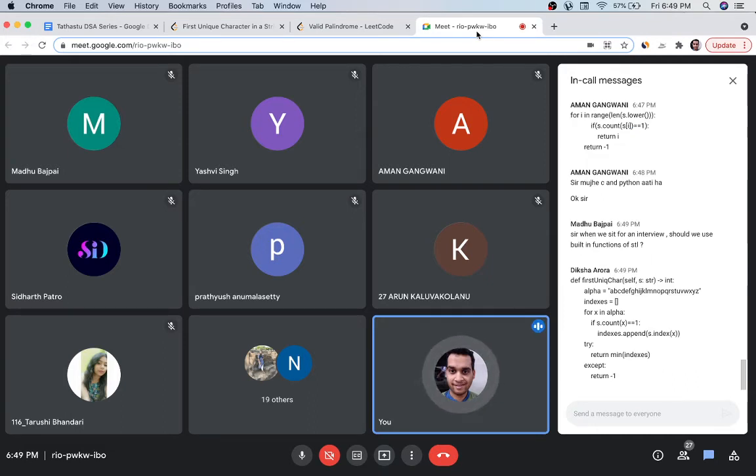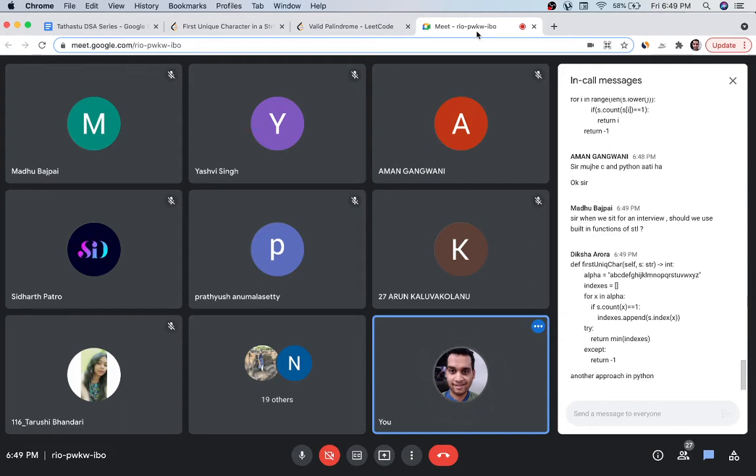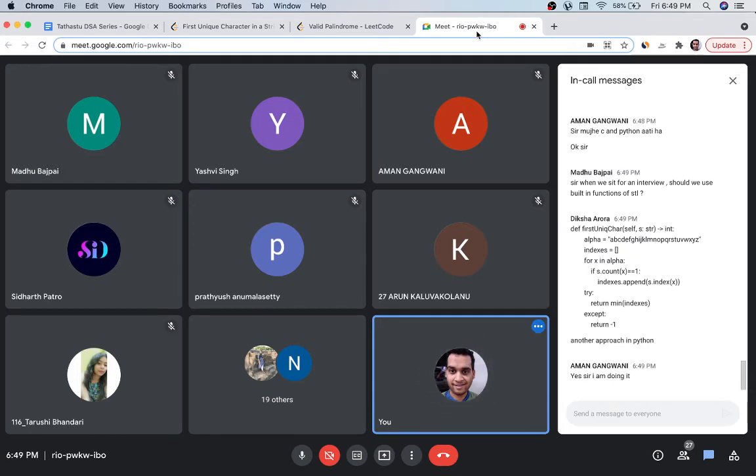I told you na Madhu, you can use built-in functions, but let's say the interviewer asks you, do you know the internal implementation of it? Please explain. So that would be the obvious second question. Okay, so Diksha's question, let me see. For x in alpha, try, return, except. What is this try except? Okay, so this is also the same as what Aman has done, no?